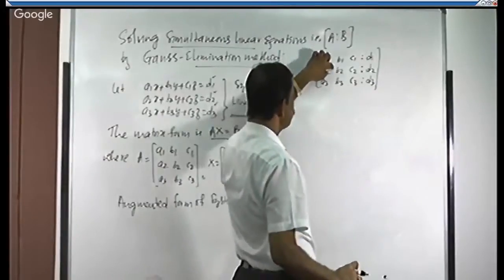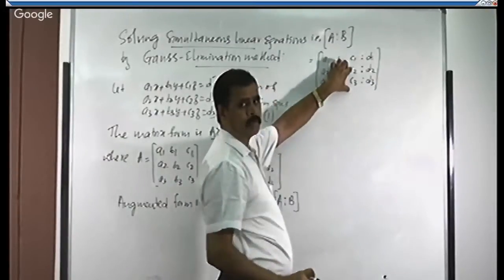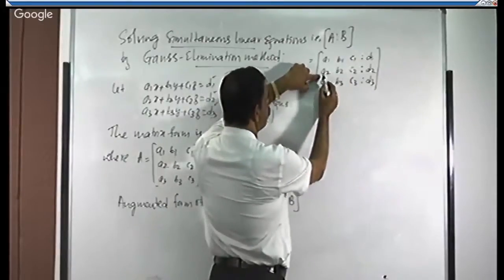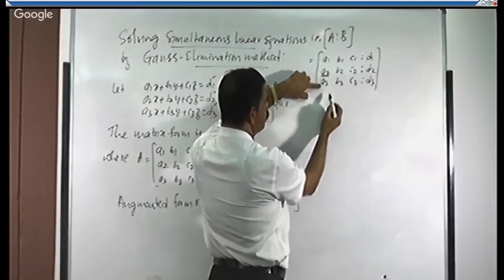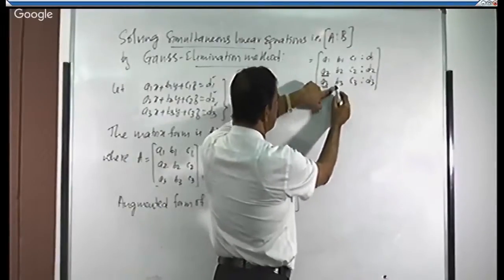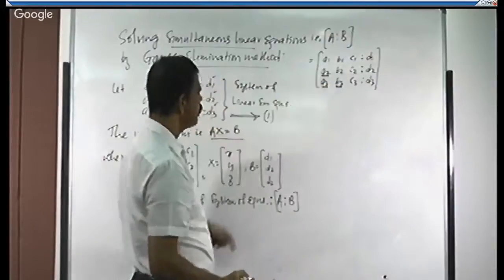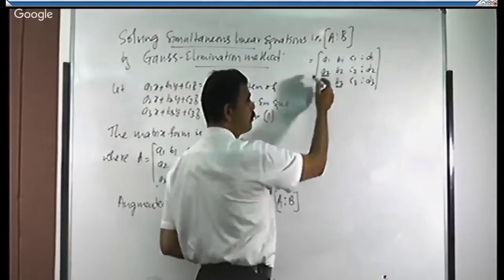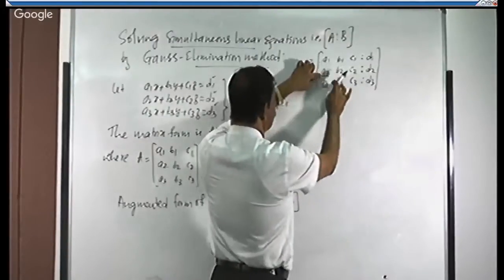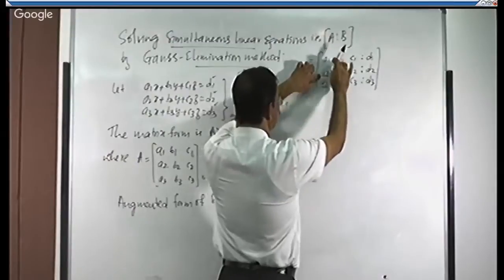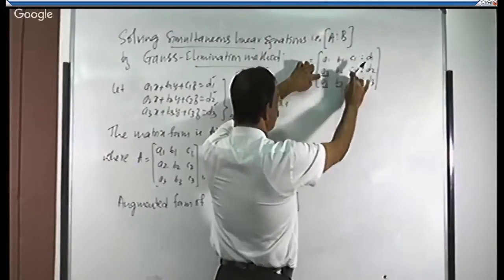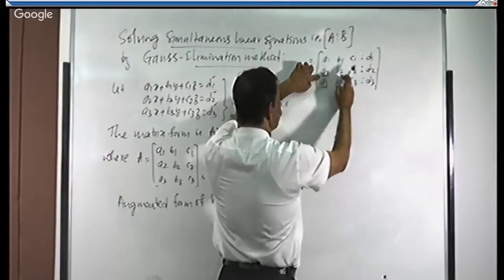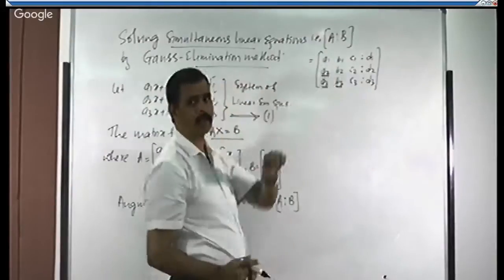Now, this is subjected to row operations. By using row operations, we have to make this element 0, this element 0, this element 0. So by using the row operations, these three elements should be made 0. If these three elements are 0, this is the principal diagonal, right? Below elements are 0. Above elements there will be some value. Such a matrix will be called an upper triangular matrix.